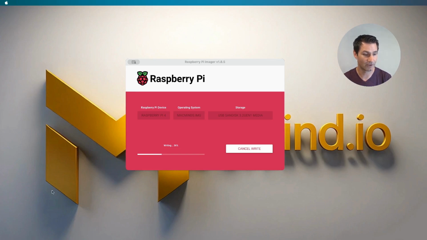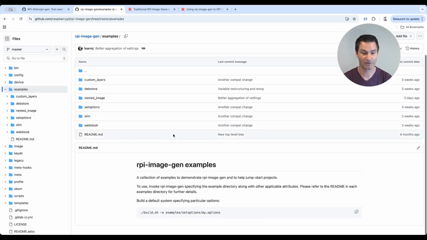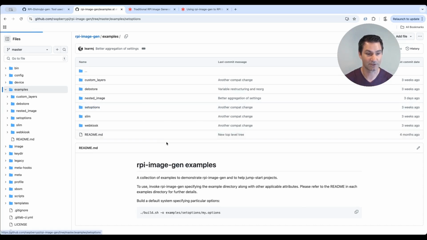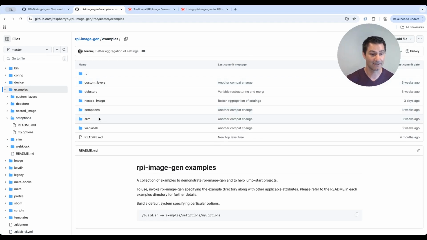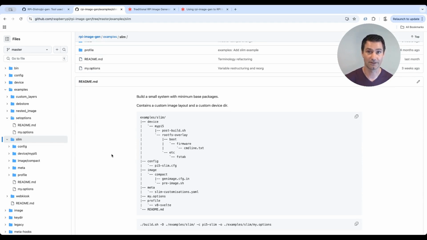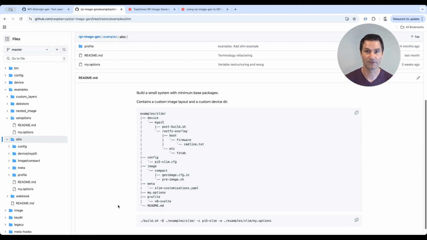And you're going to want to go ahead and take a look at the examples, right? This is a great way for you to learn the interface that this tool is providing. Most of the examples are going to share with you the interface in the README. For example, we have the set options, and we're just seeing exactly what we did, right? We passed it the options file. But as things get more sophisticated, maybe here's a slim image example, the structure is going to get a little more complex, and the command is going to get a little more complex. And so what we'll do, as promised after this, is I'll show you one configuration to configure the auto login